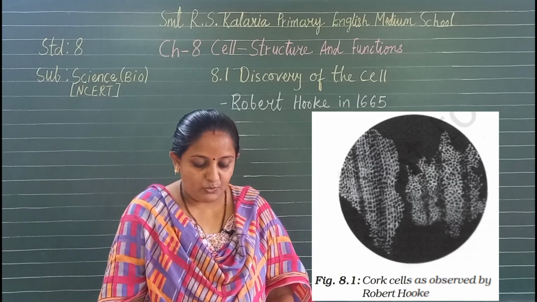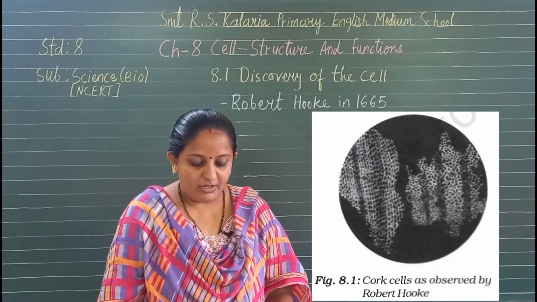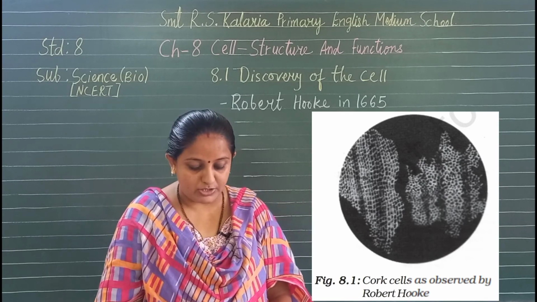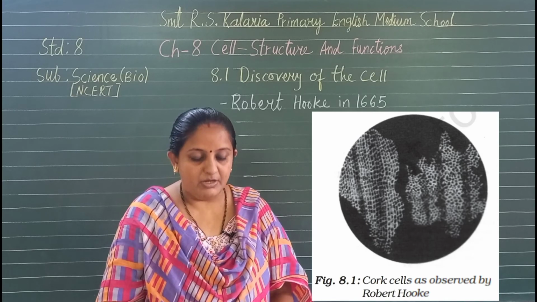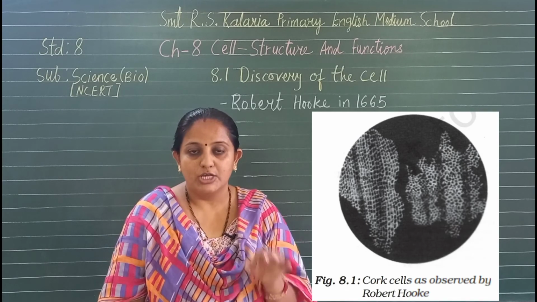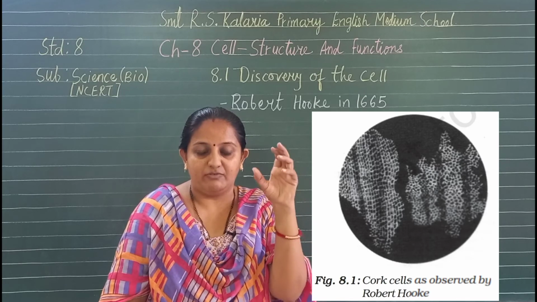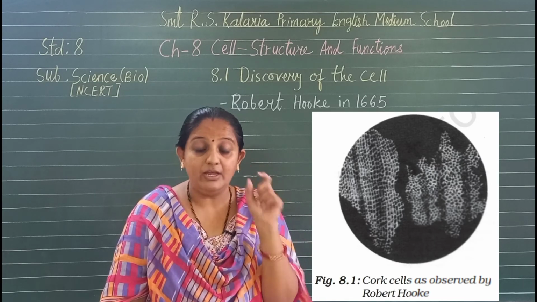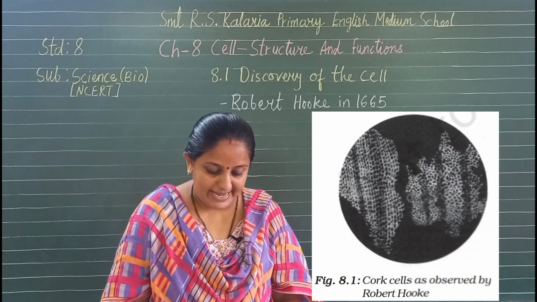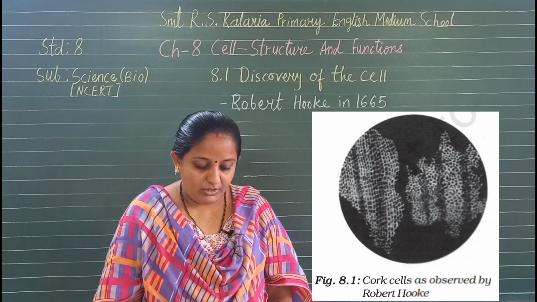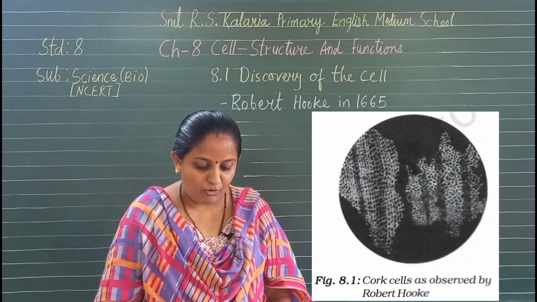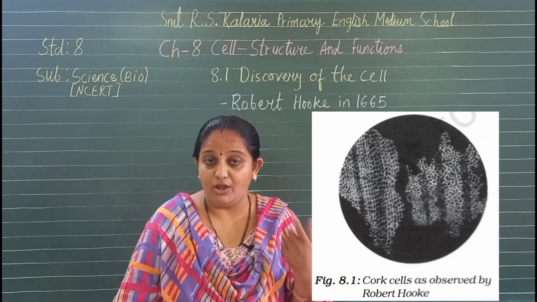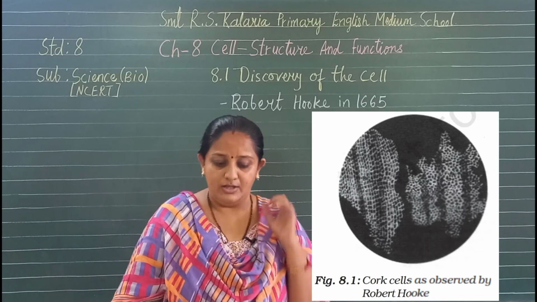Now he also noticed that one box was separated from the other by a wall or a partition. Different layers of partitions are there, you can see in the book also. Now Hooke coined the term cell for each box. So each box is a compartment, a single unit, that is each box he identified, and he named each box as a cell. What Hooke observed as boxes or cells in the cork were actually dead cells. The cells or the boxes which he observed under a magnifying glass were actually dead cells.